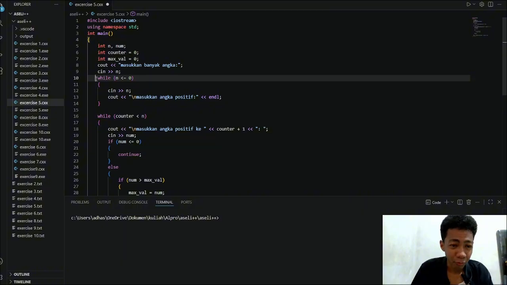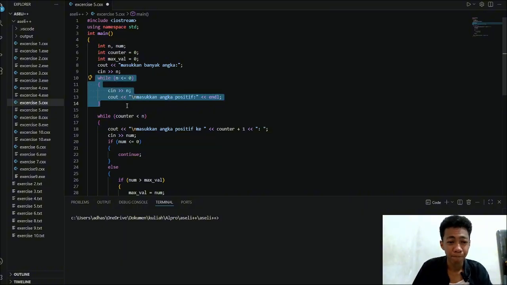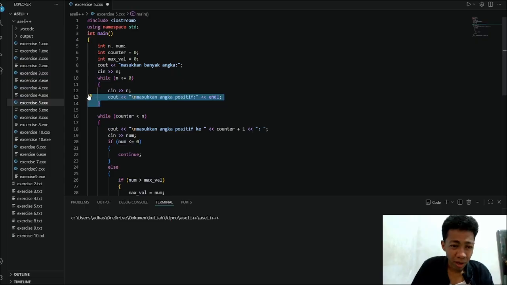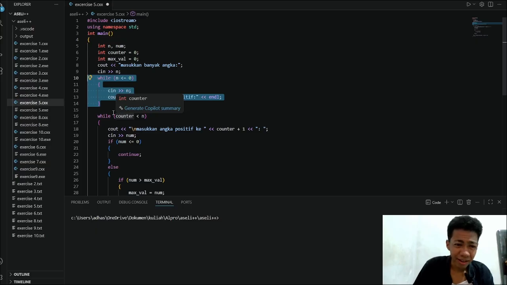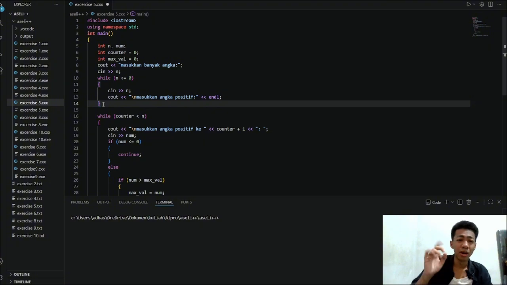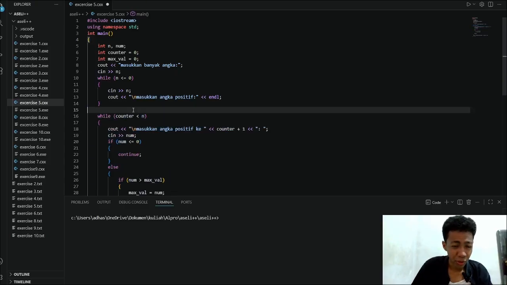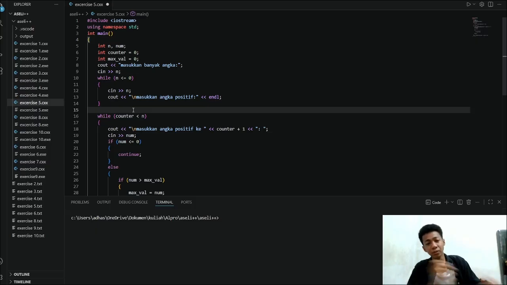We need to pay attention here that while n is less than or equal to 0, the program will just stay there unless you enter a positive number. So if you always input a negative number, it will just run here and not continue to here. So make sure that you input a positive integer.